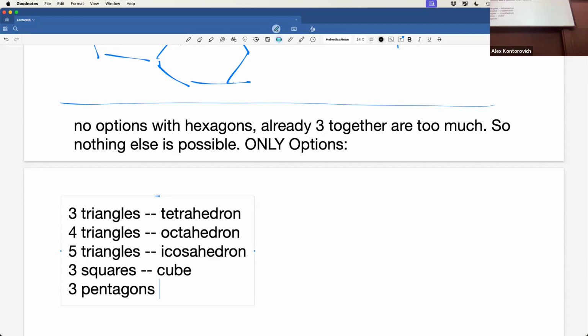Okay, I'll take one side off so that we can look inside if we want to. Every corner is made up of three pentagons, and it does close up. There's a last pentagon that we can fit in here, and the whole thing comes together. How many pentagons are here? There's one on top, one on bottom. Because it's a pentagon, there's 5 around this one and 5 around that one. 12. So this is the dodecahedron. Dodeca means 12.